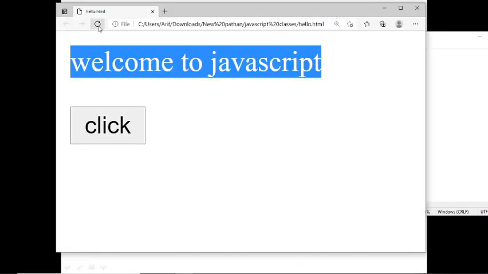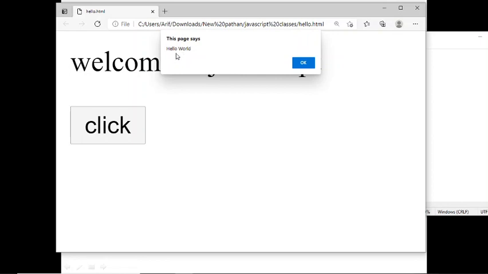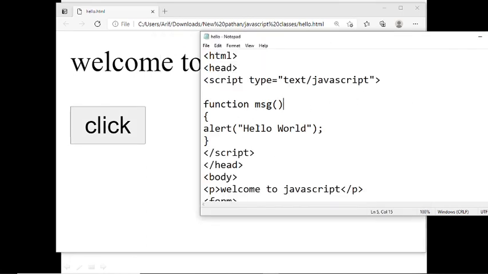This is our file. I am doing refresh. Okay, after refreshing, when I click, the message is displaying hello world. Whatever you write here in place of hello world, if you write welcome to JavaScript,